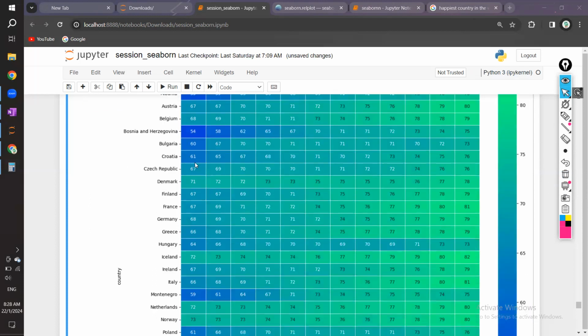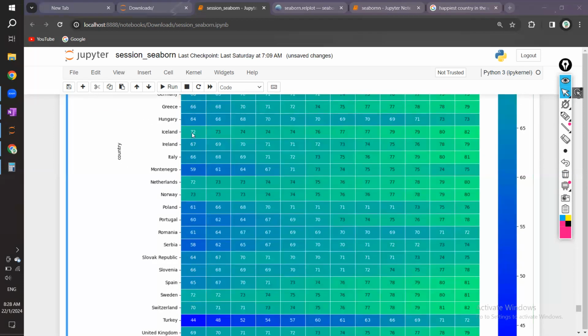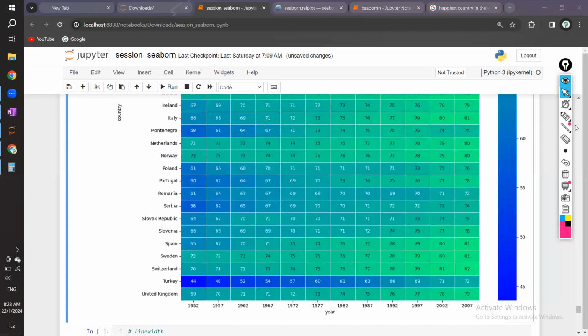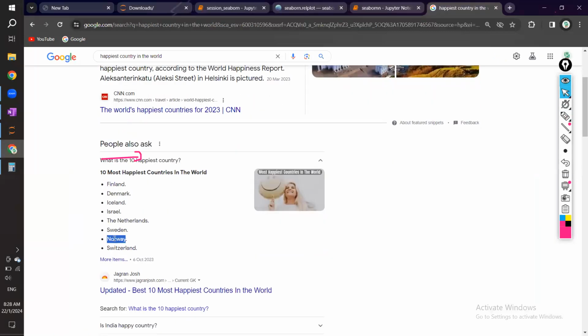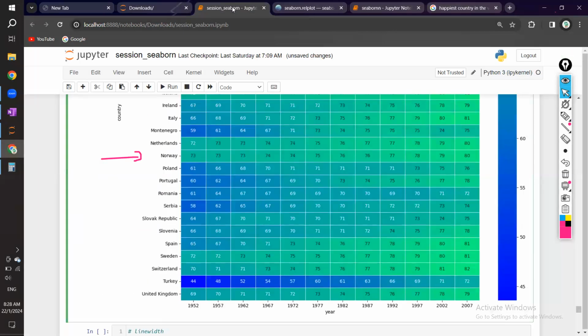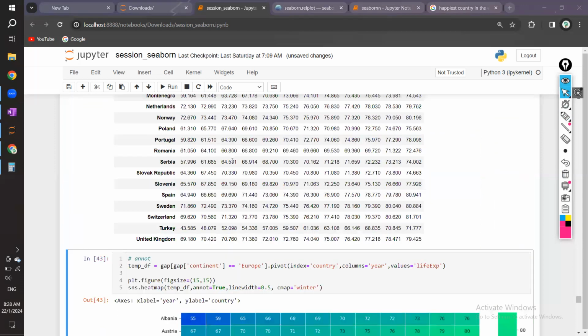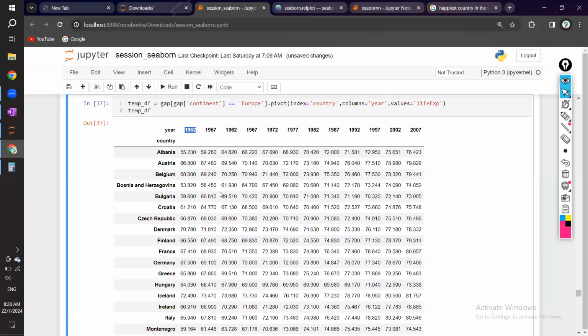Okay, so 72 Iceland, 73 Norway. Yeah, Norway. So Norway is also in the happiest country list? Yeah, see, these are also one of the top happiest people. So Norway starting with 73 itself. In what year? What is the year we considered? In year 1952 itself, they're having the